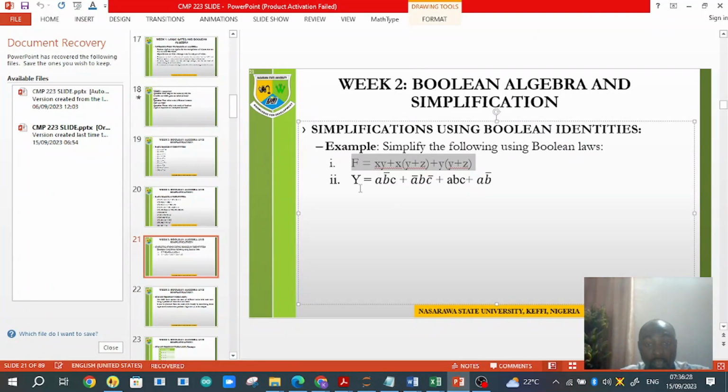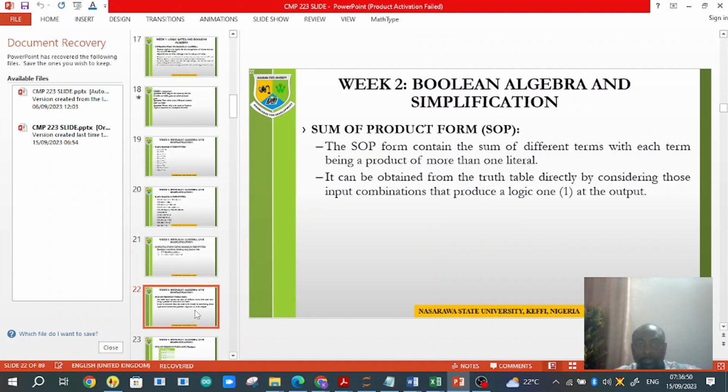Y is equal to a b bar c plus a bar b c bar plus a b c plus a b bar. First, you need to identify the number of variables. Try to bring the literals together, and then see at which point the Boolean identities might apply, right? So let's go ahead. Let's look at